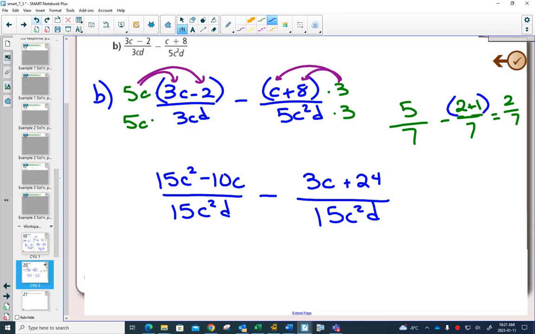But in algebra, sometimes you can't do that part, because they're not like terms. But we are still subtracting all of this. And again, because that's a factor grouped together, this is a factor grouped together. These are still like terms, but when I subtract,